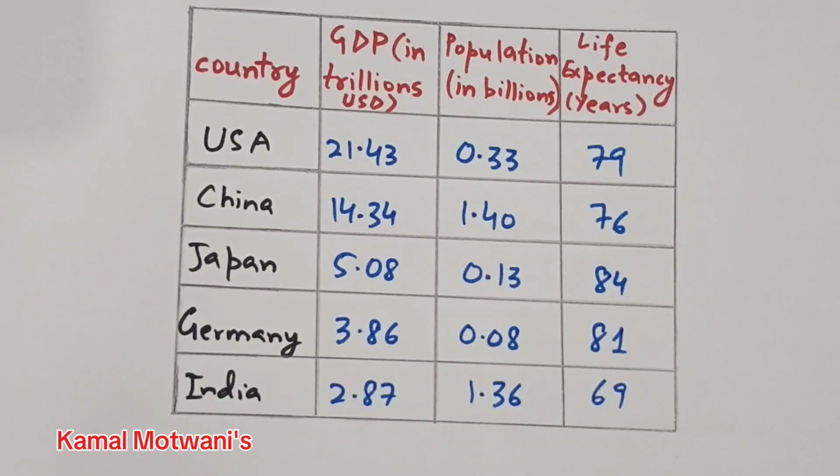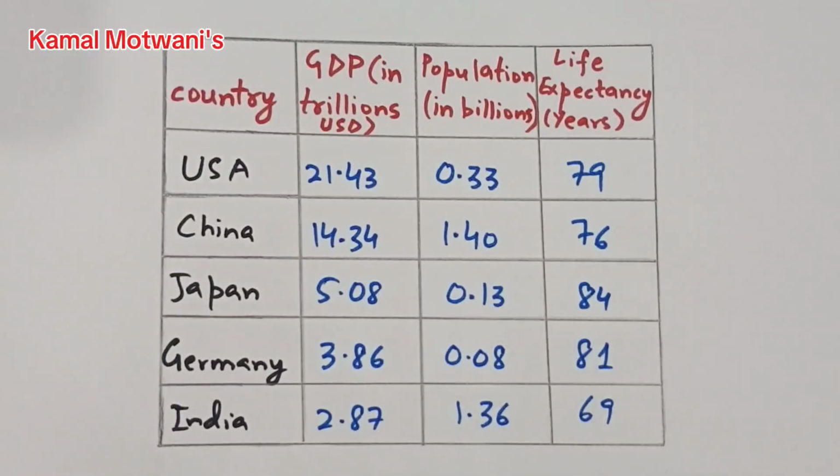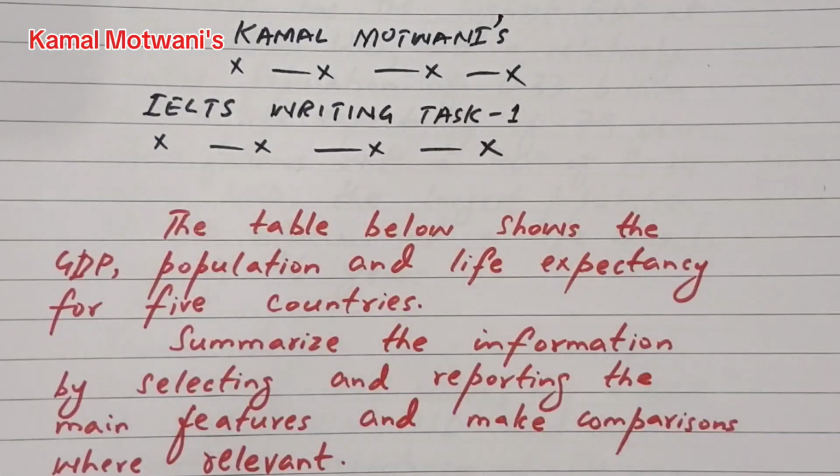So what we do was discussed in earlier videos. First of all, whether we are given the bar chart, the line graph, the pie chart, or any other type of IELTS writing task one, we first of all interpret the graphs. Here we will interpret this table and then we will narrate it in the format of the IELTS writing task one. So let me give you the recap of the format of IELTS writing task 1.